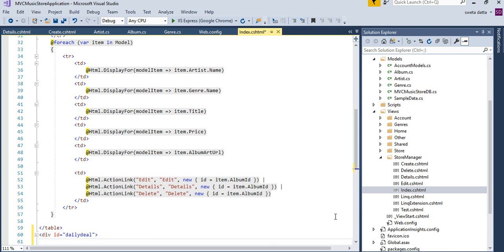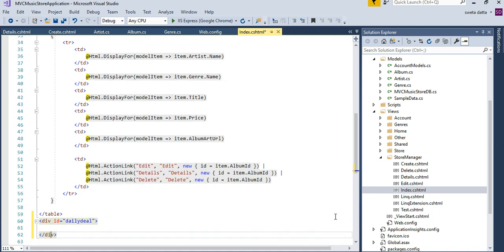Daily deal is going to be the div that displays whatever album is on sale that week, and that's going to be randomized. So here, this is how you go for Ajax,